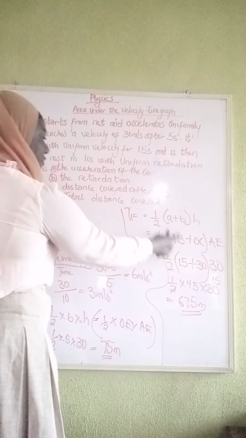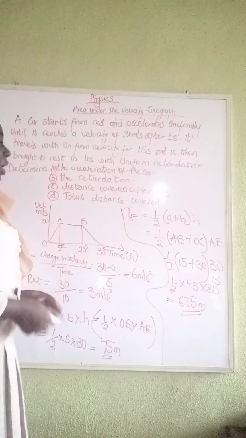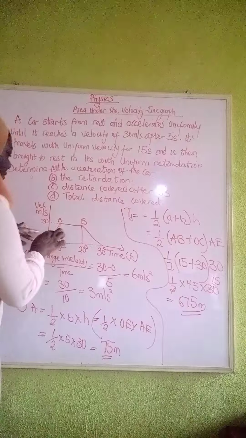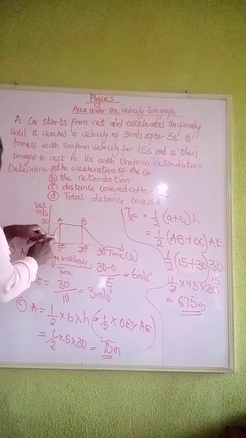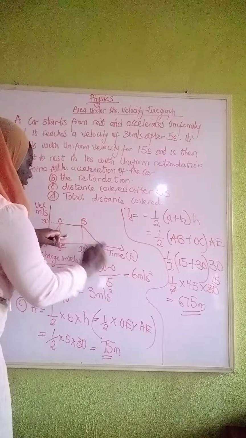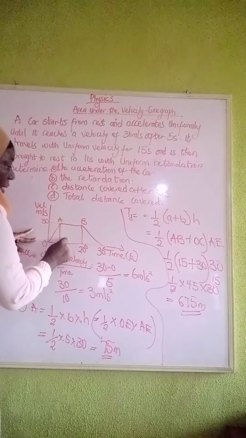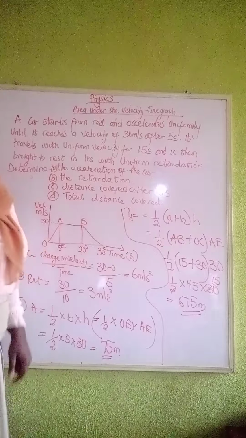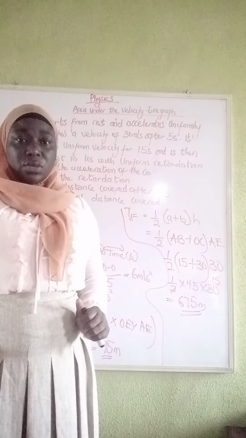If you don't want to use my formula, if you want to use this formula, it's still the same thing. But the second method I said I want to teach you is calculating for each shape. This shape here is a triangle. This shape here is a parallelogram. This shape here is a triangle. So finding the area of a triangle plus a parallelogram plus another triangle will give us the total distance covered. Do you understand that illustration? So either method